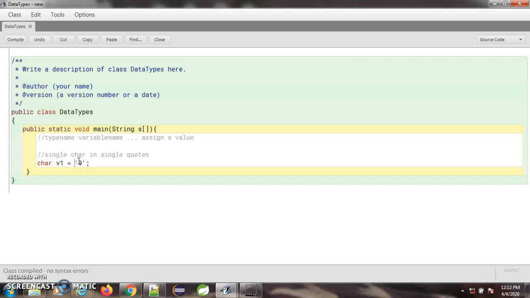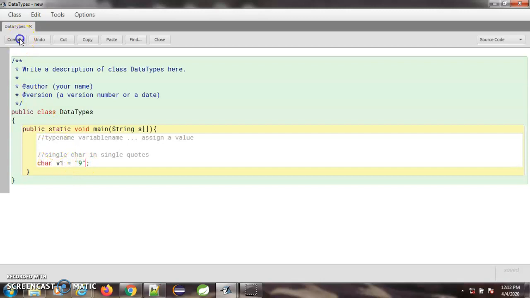What if you give double quotes here? In that case it will be considered a string, and string is a different data type than char. Java is a statically typed language, which means it matches the data type of the value with the data type of the variable you are going to assign. So these two must be compatible. Compatibility we will deal with later, but this is string type and it cannot be assigned to char type.